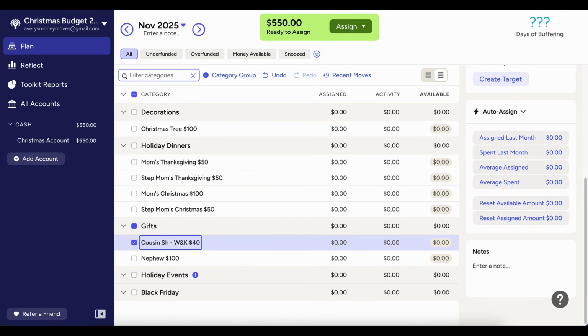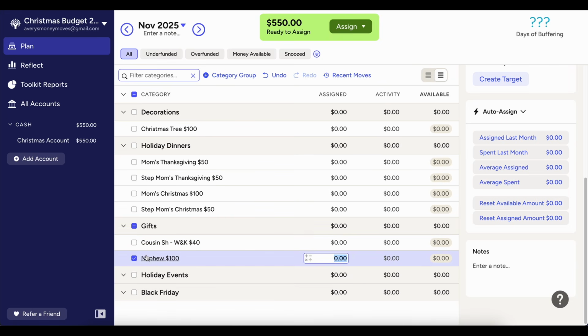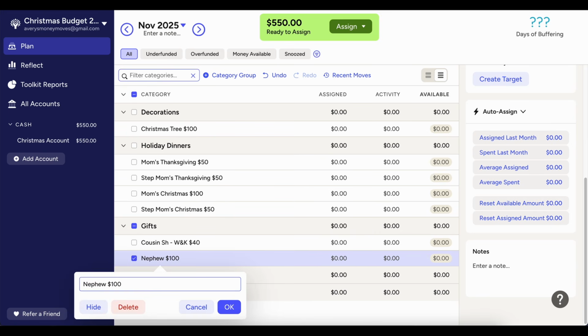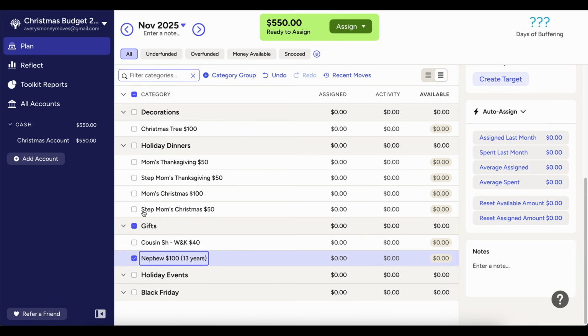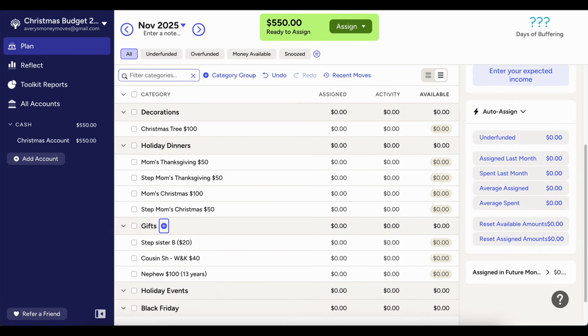So I don't want to buy anything too large at that age. They might like it for a little while, but they won't appreciate it in the way that an older child might. So one of my stepsisters has a 1-year-old daughter, and I'll say $20 for that.